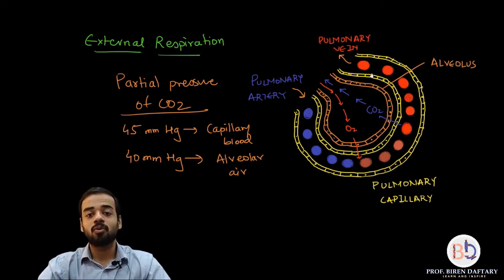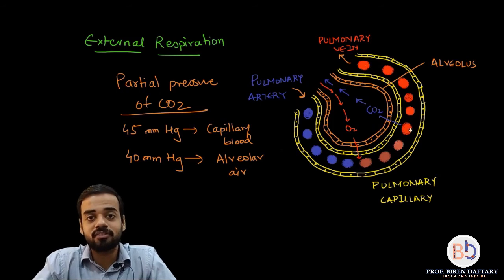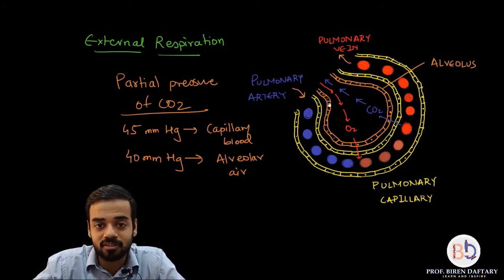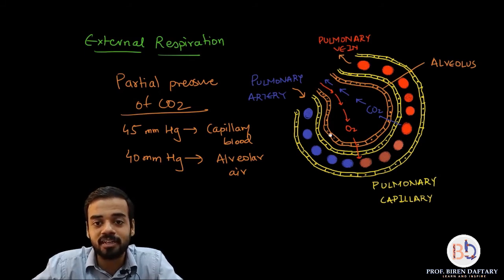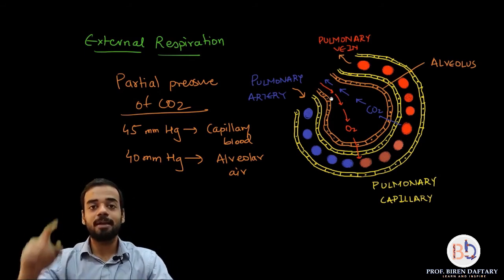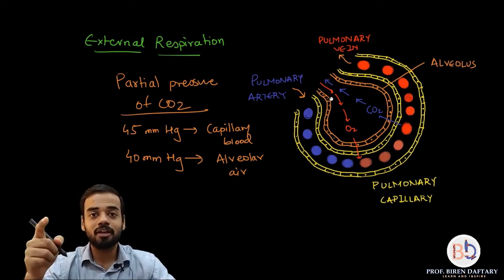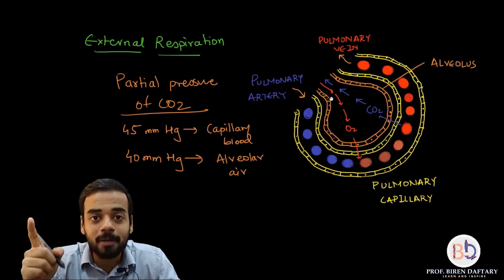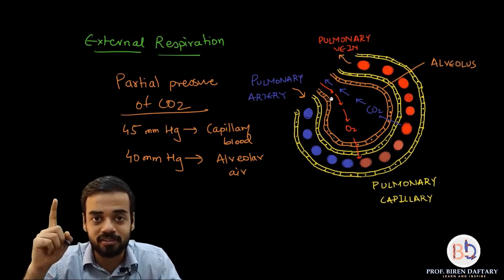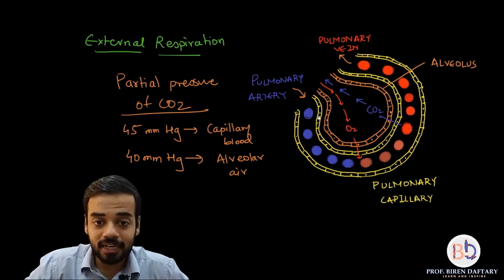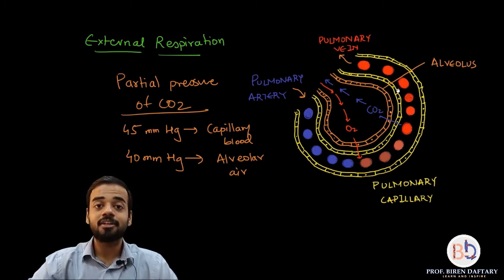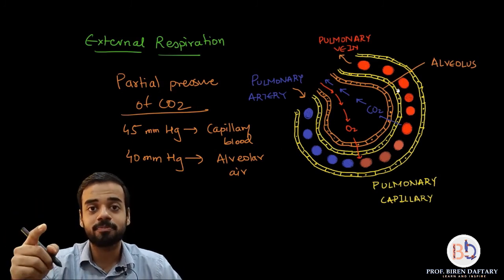Okay. Now why is this diffusion occurring? If you see this diagram, I have drawn this structure. This is the wall of the alveolus, and you can see it is made up of a single layer of cells. The epithelium of alveoli we have already studied. It is squamous epithelium. Squamous epithelium is a simple epithelium made up of a single layer of cells. The epithelium of the capillary is also made up of a single cell layer, so that is also squamous epithelium.